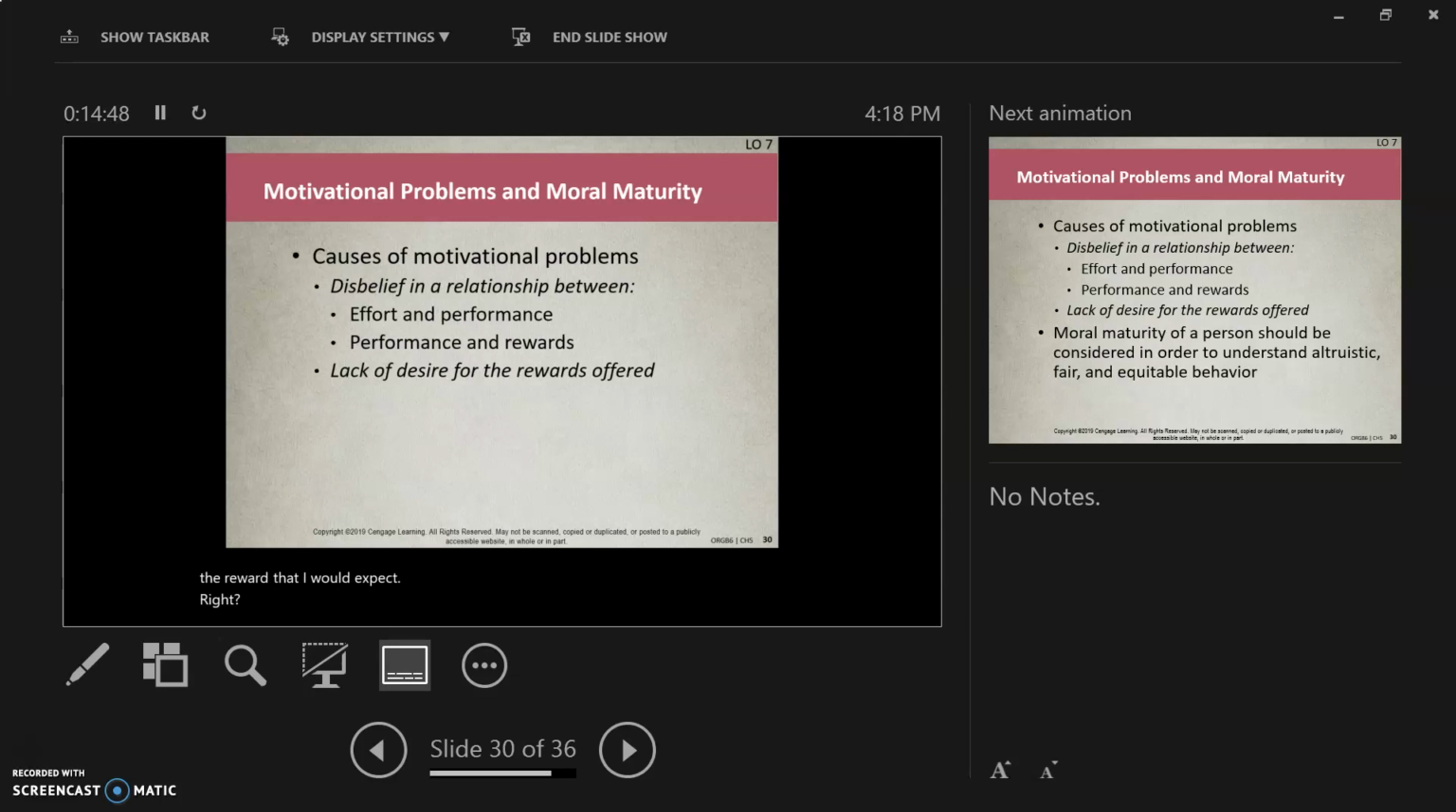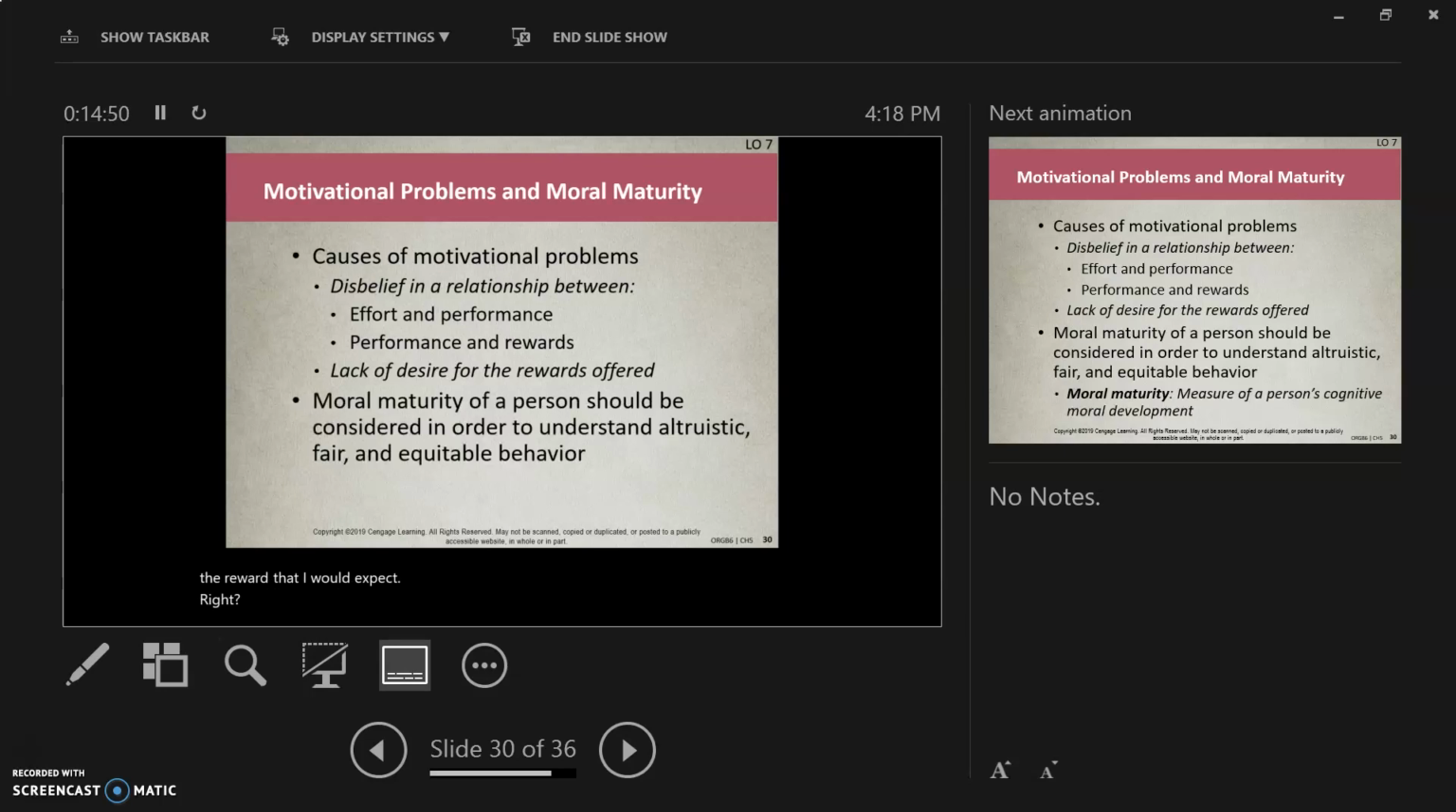Right. Motivational problems and moral maturity. There are motivational issues everywhere. Some people don't